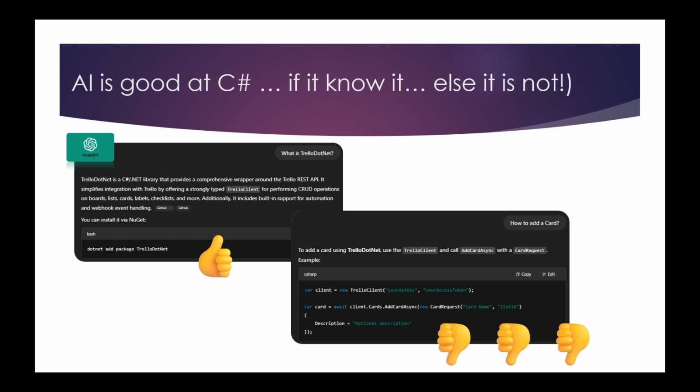So what I'm going to show you is to take Trello.net and actually make an MCP server so you can sit in one of the MCP clients like Microsoft Copilot or Cursor and actually get real code instead of this mess down here. You don't need to know about Trello to follow this video. It's mostly about how do we actually get the data in so an MCP server can work with it.